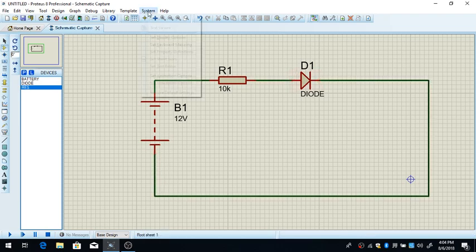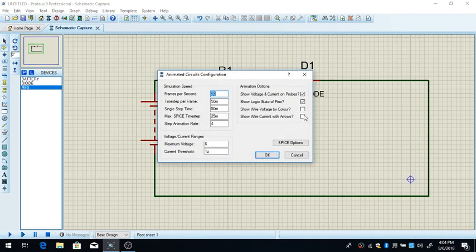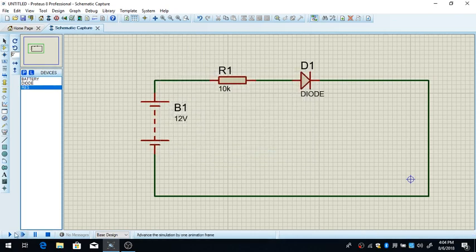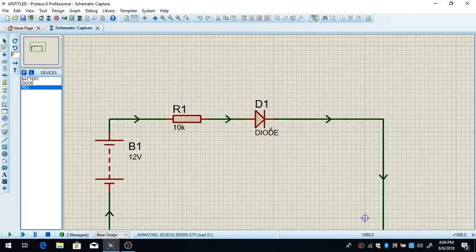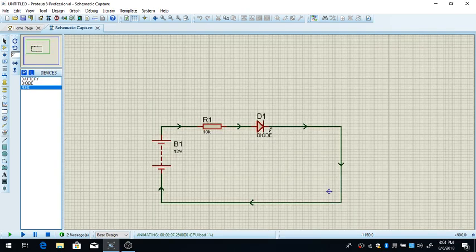Now when I simulate with the animation option, okay, so quick. Now you will see that the current is gonna flow from the plus to the minus sign of the battery. So you would say, okay, what is cool about that? Well, nothing spectacular here, but